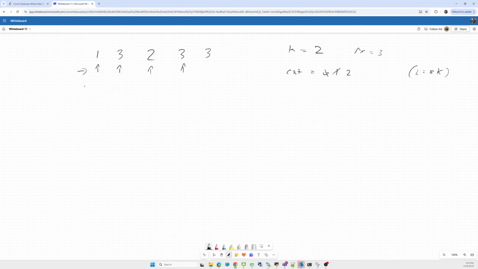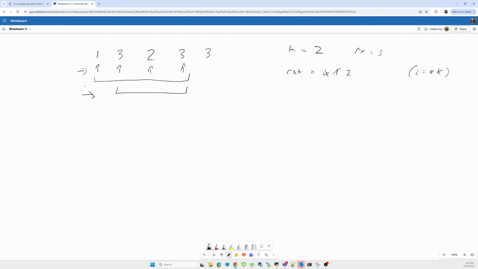Then we have found this subarray. So this is one subarray. What we have to do is count the number of subarrays we can form using this. How many subarrays can we form using this one? Now I have to check, in this way, I will try to squeeze it from the right side. If I squeeze it, the number of subarrays will be this 1 and 2.